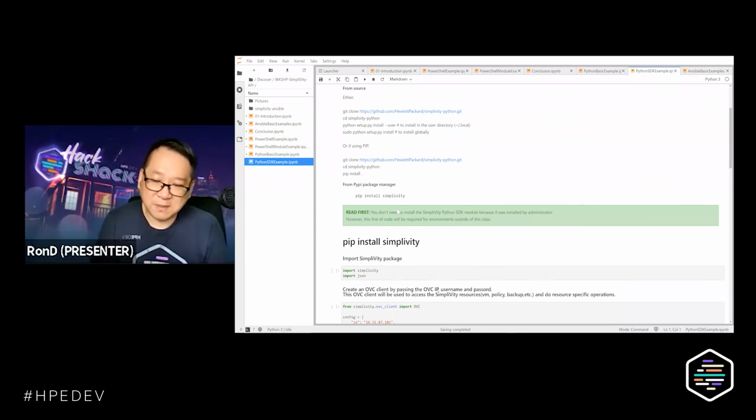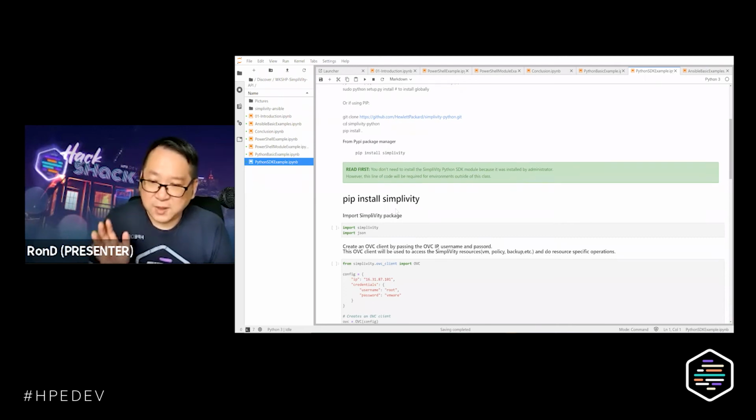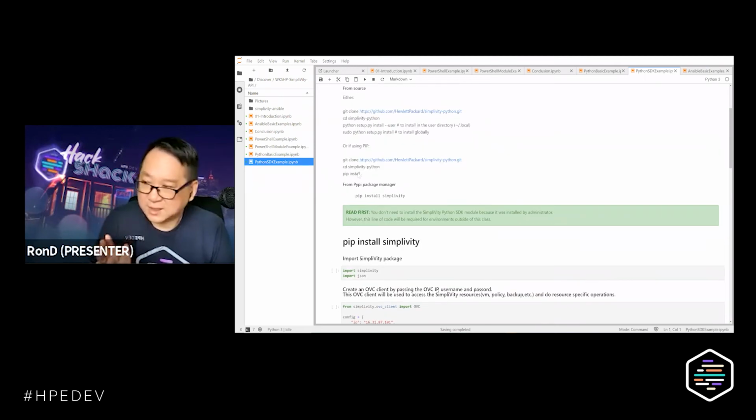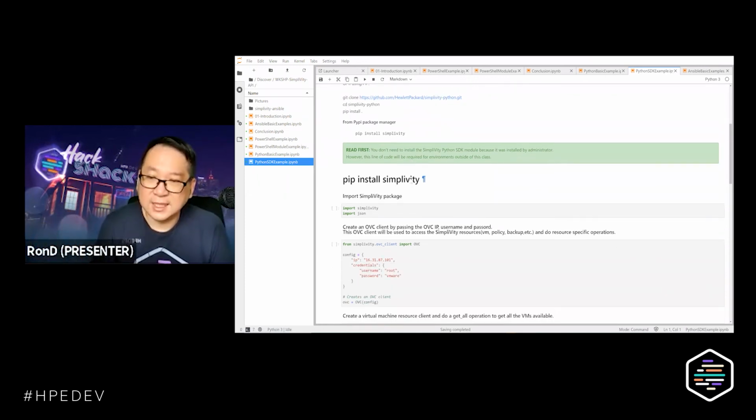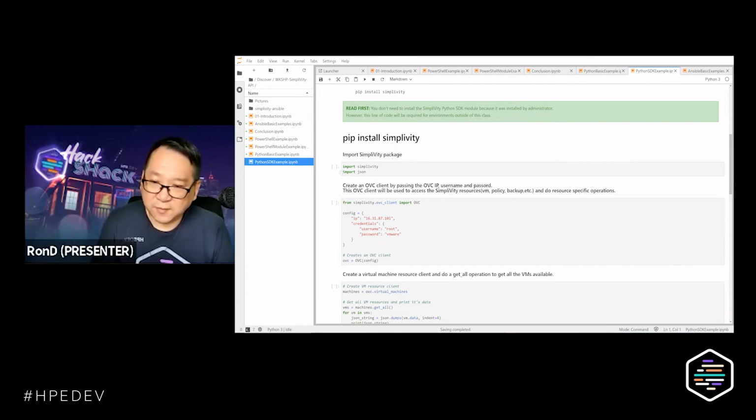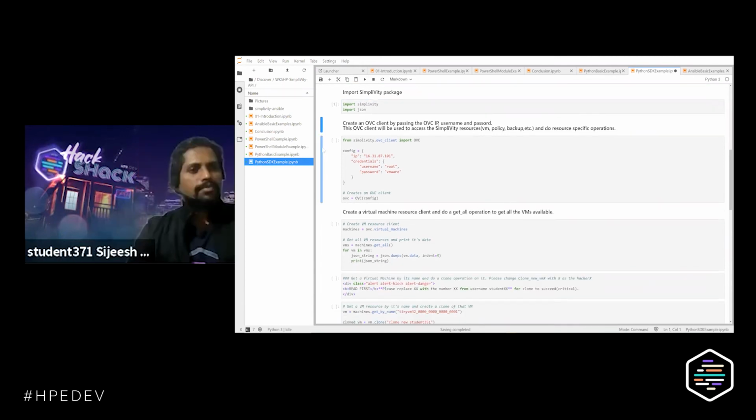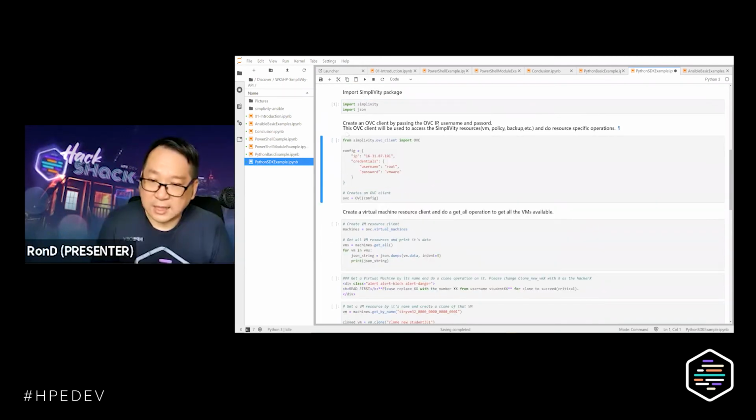Now, we don't need to install the package because my friend Fred has already deployed this on the machine that is used for our exercise today. What we need to do is just import the module because it's already been installed. Like a PowerShell module, this is the PowerShell, I'm sorry, this is the Python module.